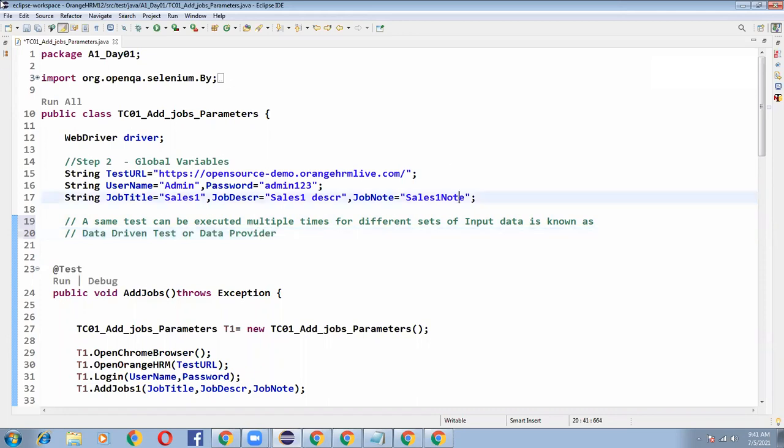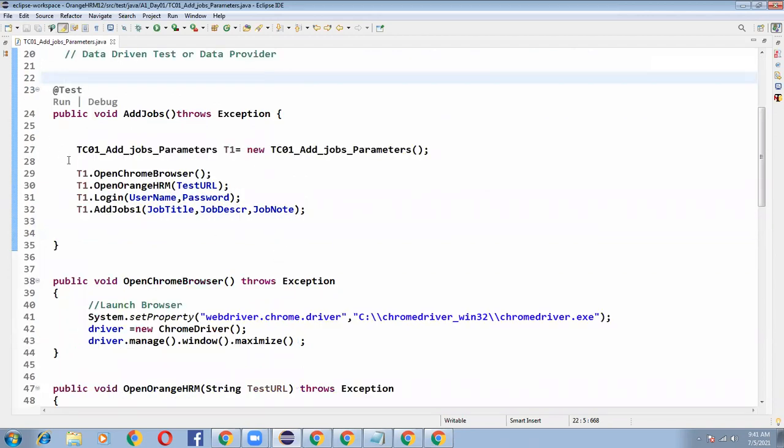So this concept we can call it that. Let's see how to execute this test case multiple times.